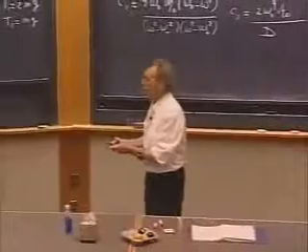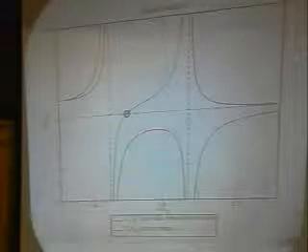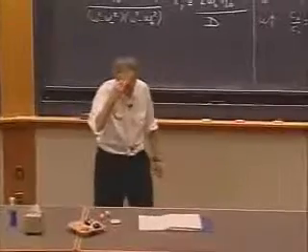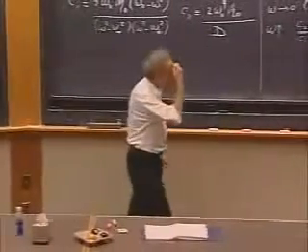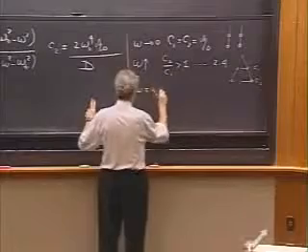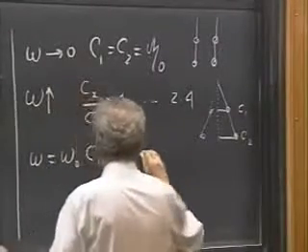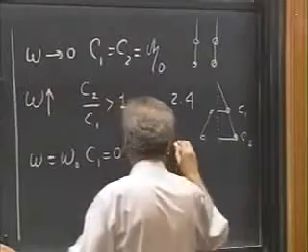The bottom one, here, has an amplitude which is twice the amplitude of the driver. Look, you see a 2 here. And it is out of phase with the driver. That is unimaginable. It's unimaginable what you're going to see. So when omega is omega 0, C1 becomes 0, C2 becomes minus 2 eta 0,